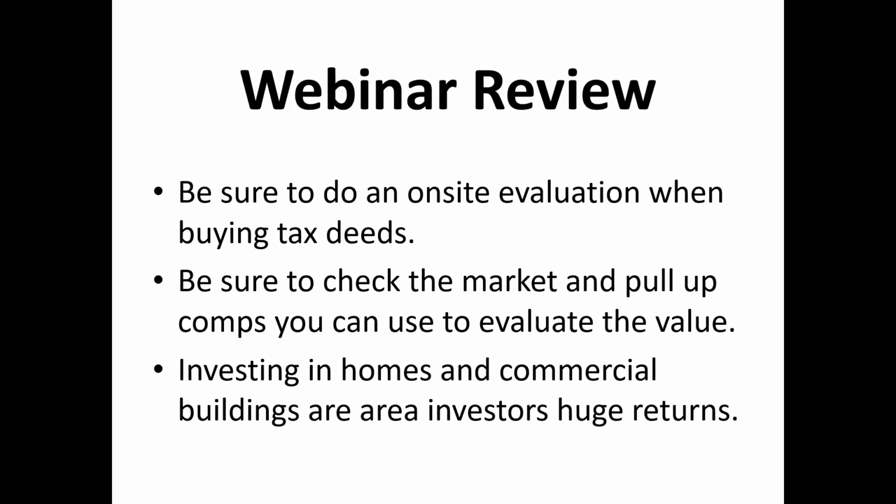It's getting easier than it's ever been before, because more and more counties are making the information accessible. We've got better access to county records, and counties seem to be wising up to the opportunity before them to get rid of their tax sale properties, collect the money that's owed to them, and get new owners into them